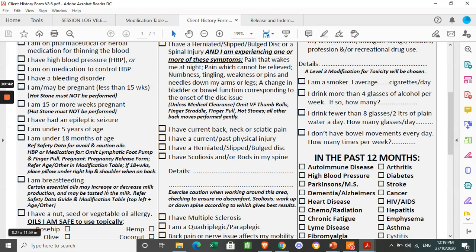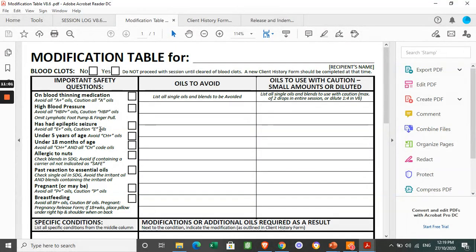Certain essential oils may increase or decrease milk production and may be tasted in the milk. Refer to the safety data guide and modification table, top left, and age other. So age other has been referred to twice, and so has the safety data. So let's go over now to our modification table and have a look at where we would record that